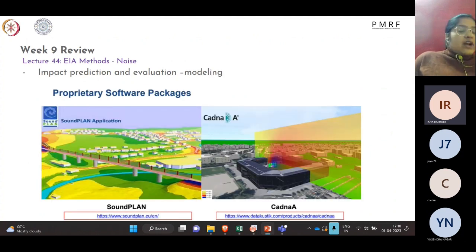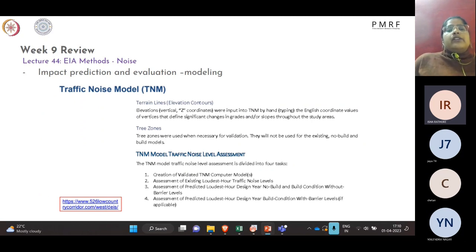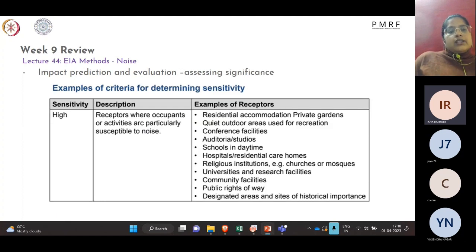And then we have different modeling softwares as well, like SoundPlan, CADNA. These can model the sound effect being felt from different sources, which are again defined in your project definition when you model them in these softwares. And then you can use traffic noise modeling, where you input certain parameters and then you get the calculated traffic noise. So again, you need to have different sorts of inputs, and you need to put them in the model to get the output. Then you also have the criteria for determining the sensitivity, which is